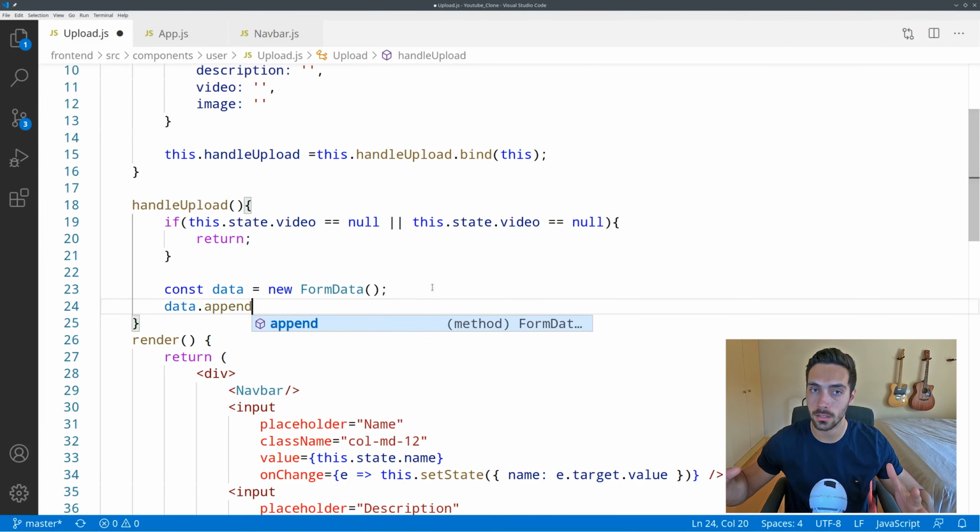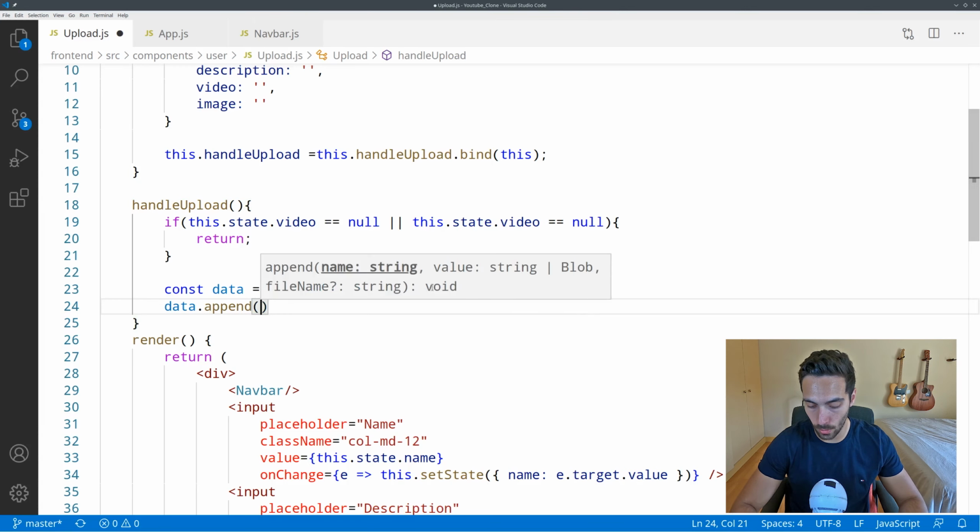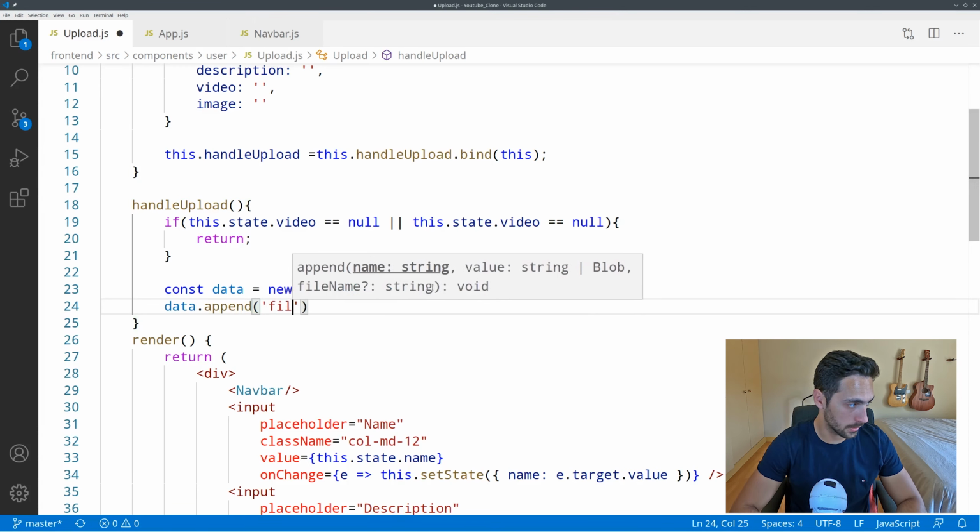It goes in small little chunks, and Axios handles that for us. And I'm sure other packages do basically the same. So files, this.state.video, and we are just going to append both the video and the image to this form data. Image,